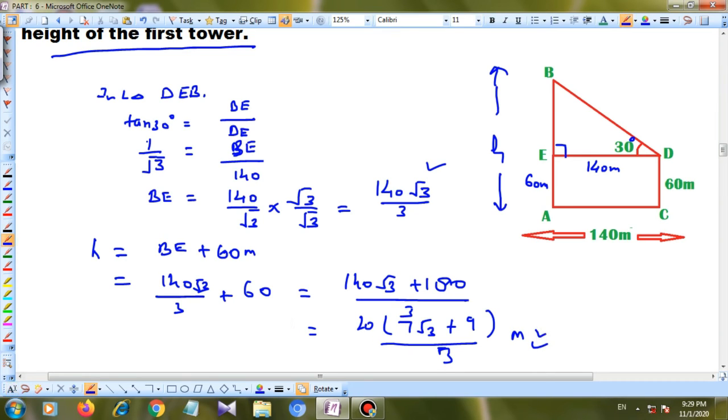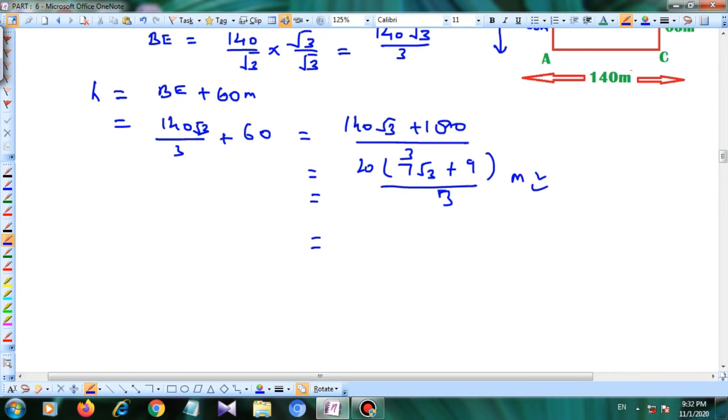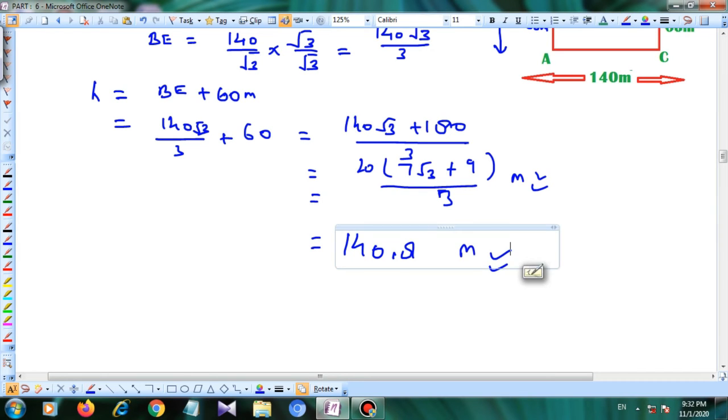Now put the value of root 3 and solve yourself, which is approximately 140.8 meter. Now our next question is,